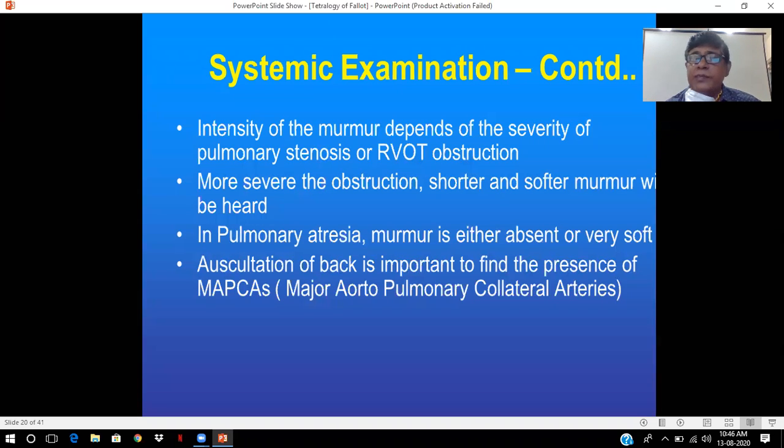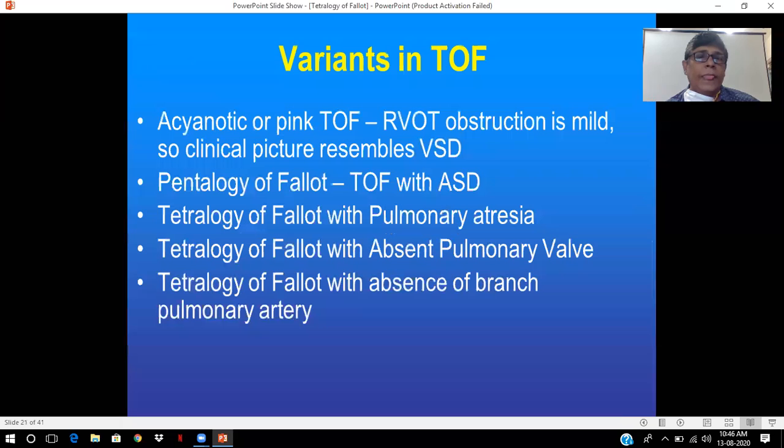Auscultation of the back is important to find the presence of major aortopulmonary collateral arteries. In many cases you get major collaterals between the aorta and the pulmonary artery. So you have to auscultate the back, where you can get a humming sound for these collateral arteries. Now there are certain variants of